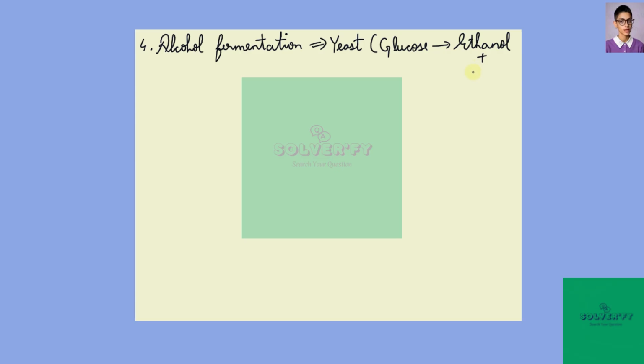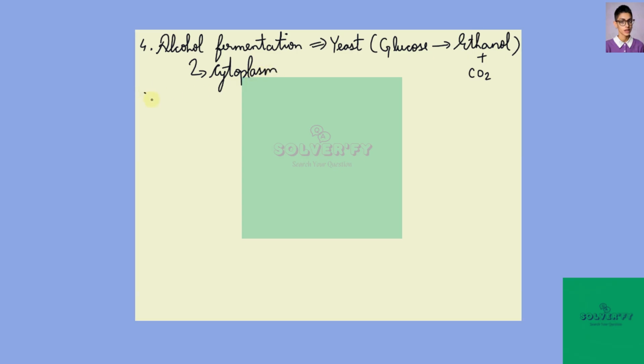For the next part, fourth question, alcohol fermentation is the process by which Saccharomyces cerevisiae and other anaerobic yeasts convert glucose into ethanol and carbon dioxide. This process occurs in the cytoplasm of the yeast cell and involves the following steps: